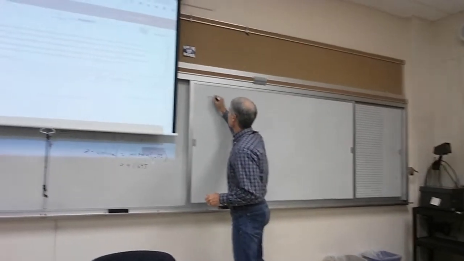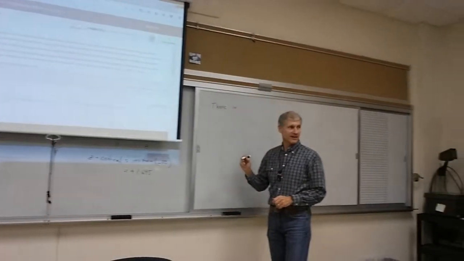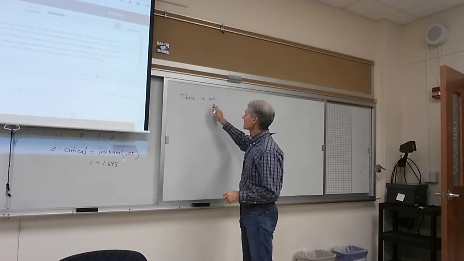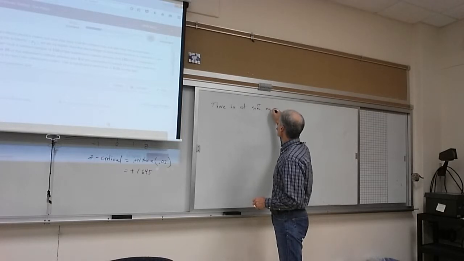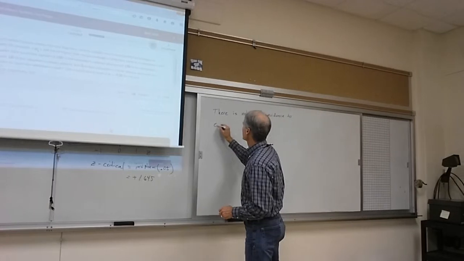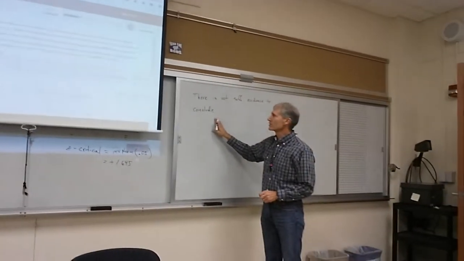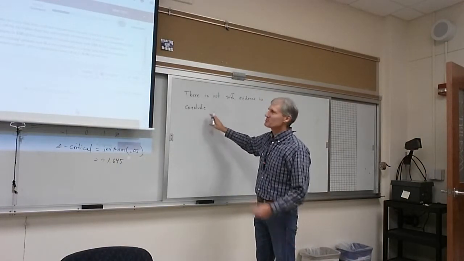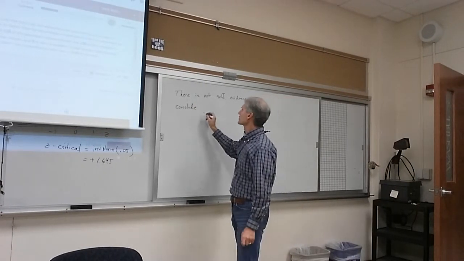Good. That sentence always starts with there is or there is not sufficient evidence. So here it is, the word not. There is not sufficient evidence to conclude, and then you always state the alternative hypothesis. I erased the alternative to write this, but the alternative was P1 greater than P2. So to conclude that